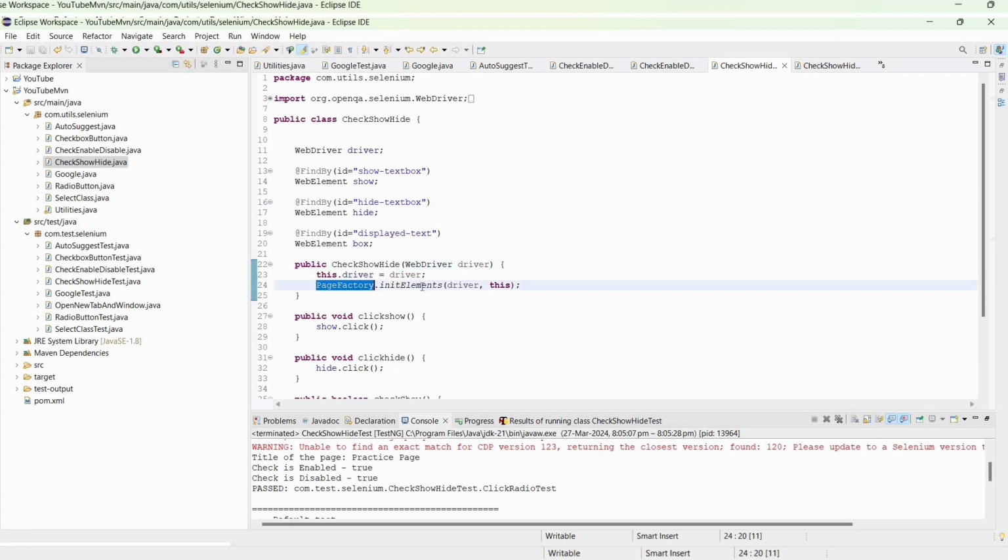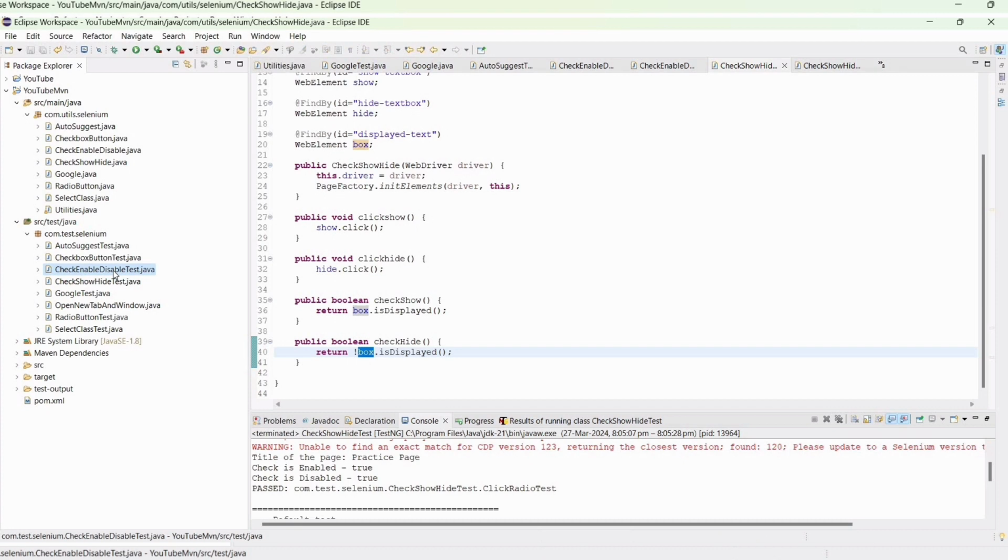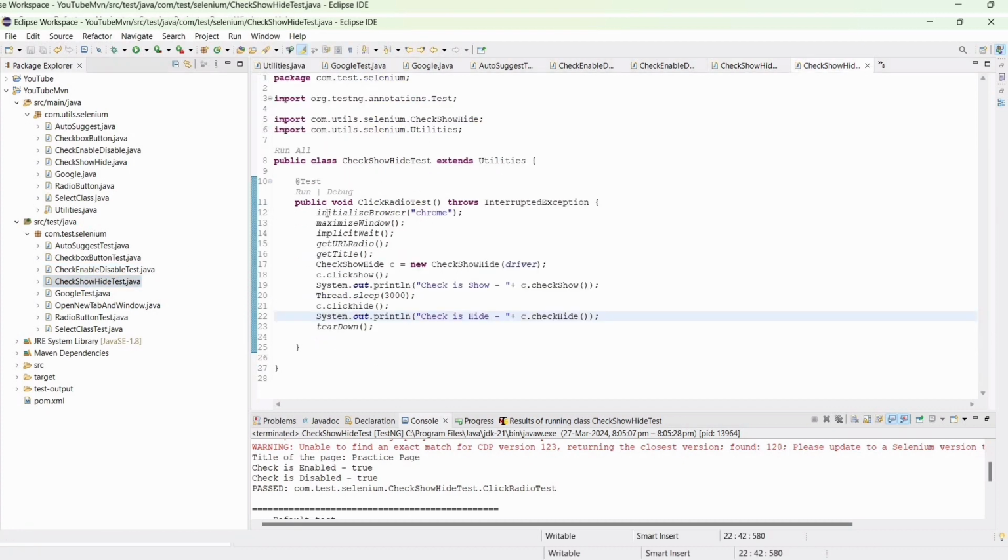Then we have taken PageFactory initElements, then show.click, hide.click. It will click on those buttons. Check now whether the box ID is getting displayed, whether it is present on the page, not the button. And one more I have done, CheckShowHide: initialize browser, maximize window,